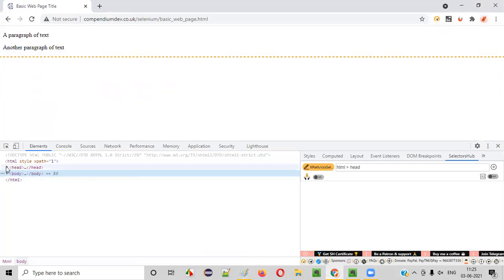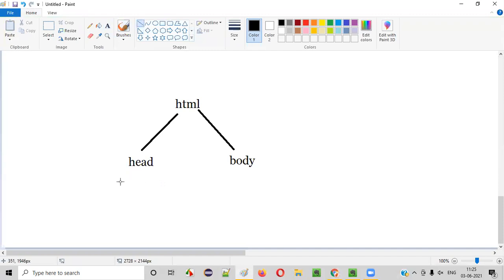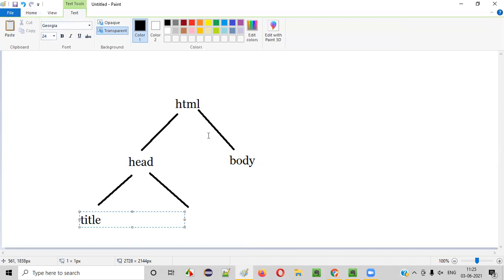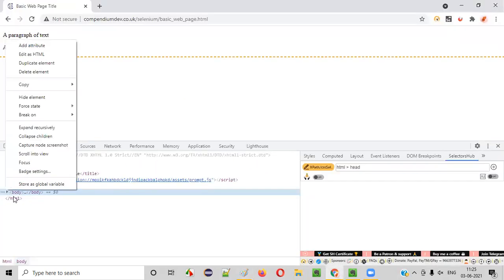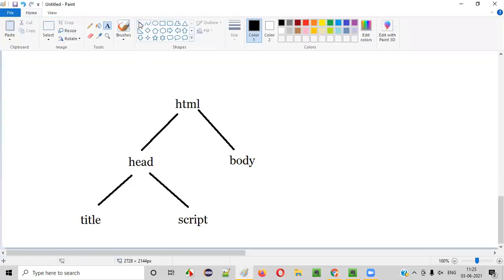Under head we have the children title and script tags. And under body we have two children again, two paragraph tags. So here this is one paragraph, and this is one paragraph.